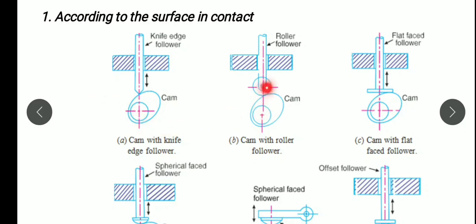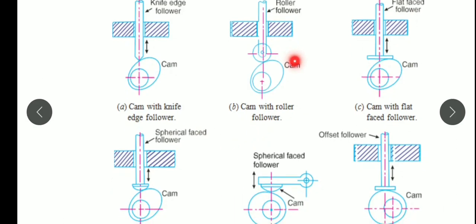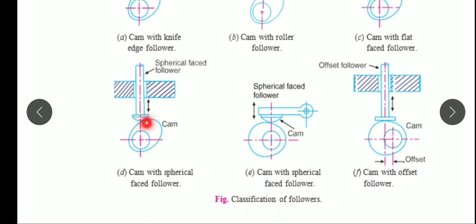And the second one, the follower end will be like roller type, so this follower is known as roller follower. If the end point or shape of the follower is flat faced, then it is known as flat faced follower. And another one is the sphere or spherical follower. These are the main classifications according to shape.